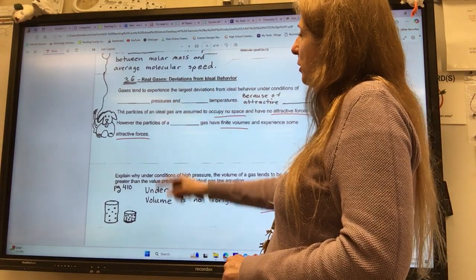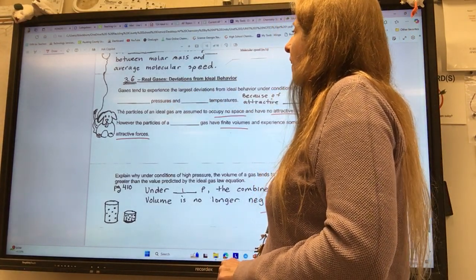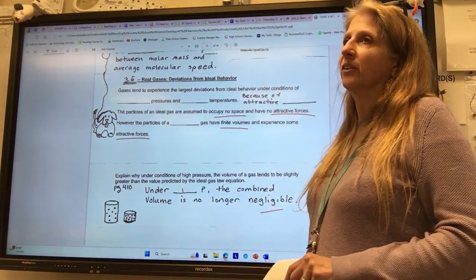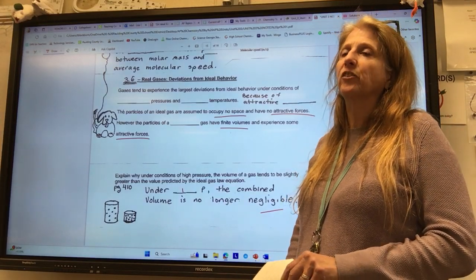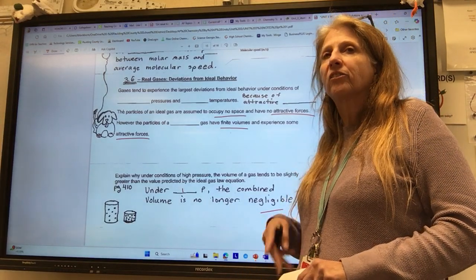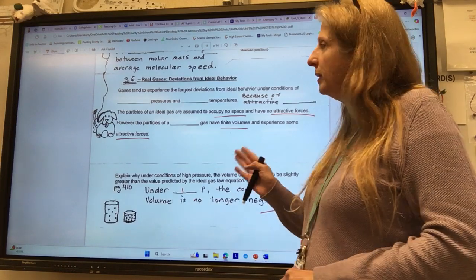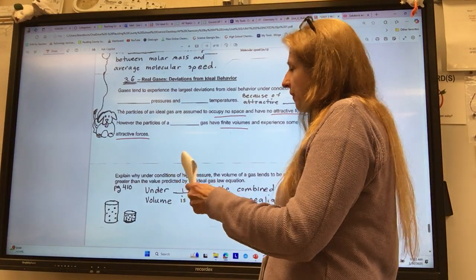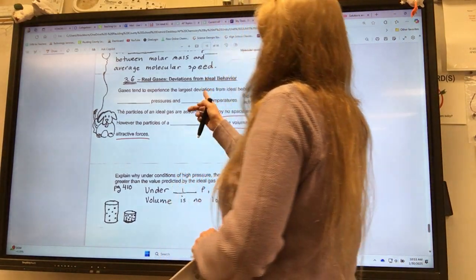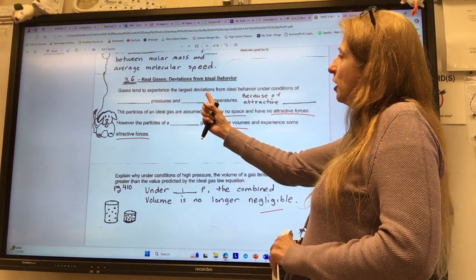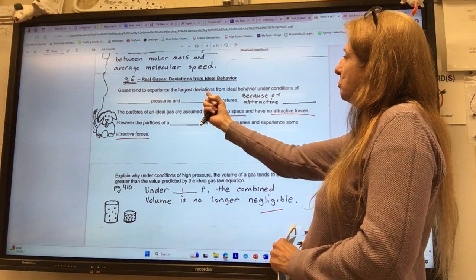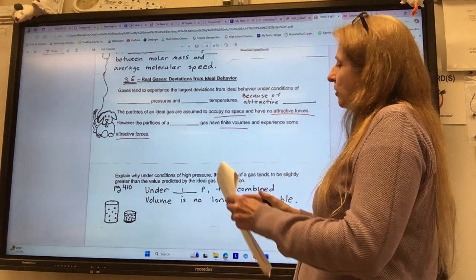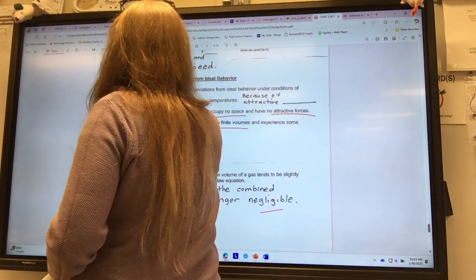That is 3.6, the last one we're going to do today. Now, real gases are not ideal. Real gases could have the things that we said were negligible, sometimes they're not, and we need to know when they're not. So gases tend to experience the largest deviation from the ideal behavior under the conditions of high pressure